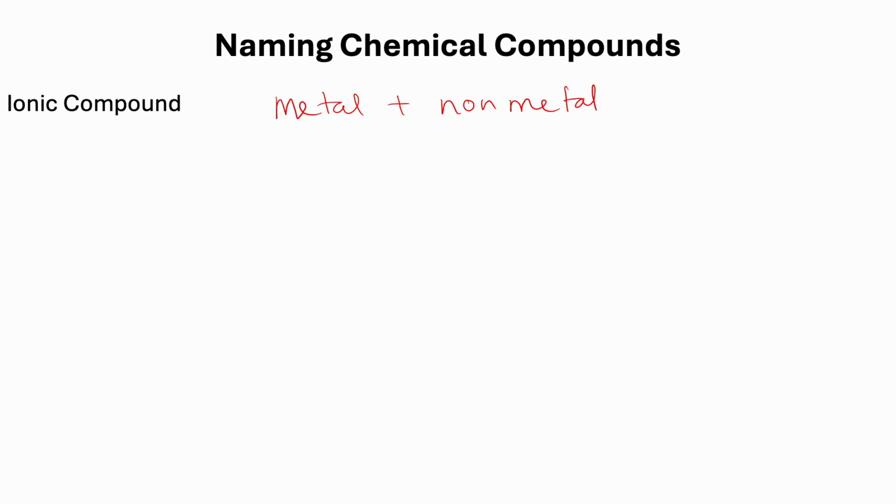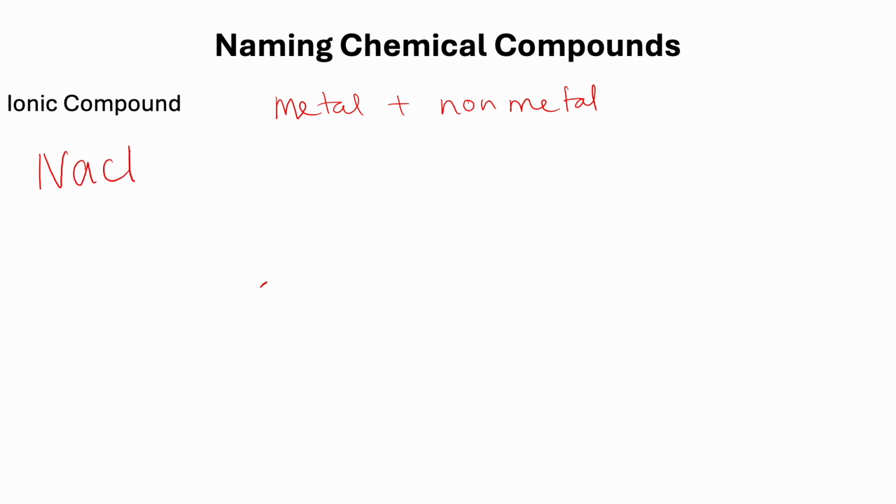Then you make a space and then you write the name of the nonmetal. If that anion part or the nonmetallic part is an element, change its name ending to IDE. If the anion is a polyatomic ion, simply write the polyatomic ion's name. Let's look at some examples. I will take easy examples like